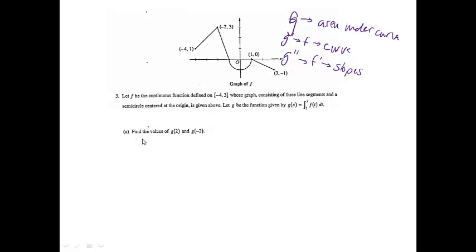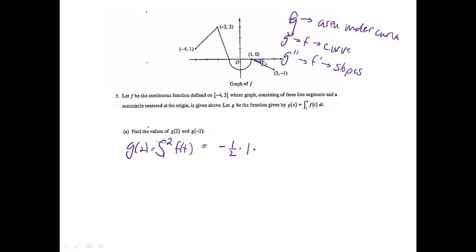Right, first of all, part A says find the values of g of 2 and g of -2. So we're going to find g of 2. I'm just going to plug it right into that formula. It's going to go from 1 to 2 of f of t. And to get from 1 to 2, it looks like it's just this little triangular area right there. And it's underneath the x-axis, so it's actually going to be a negative, so it's going to be 1/2 times the base. The base of that triangle is 1, and the height of that triangle, I might need to,